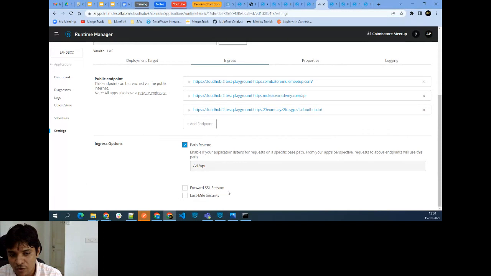Okay, so the first option, forward SSL, will take care of two-way. So that means client authentication. Last mile security will take care of only server authentication. If you want to override the path, this is the option. Okay, you want to have multiple endpoints, this is the option. If you want to hide your API or delete, all these options. Okay,